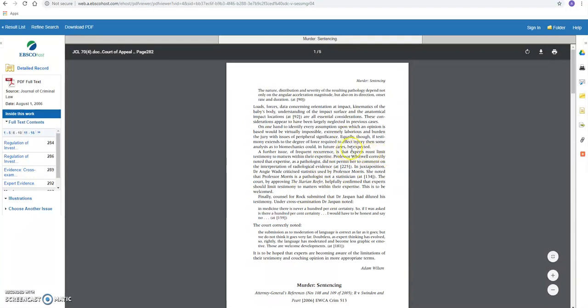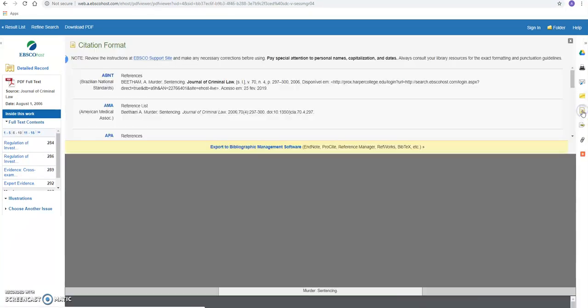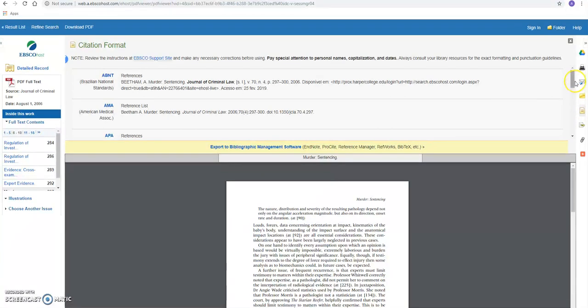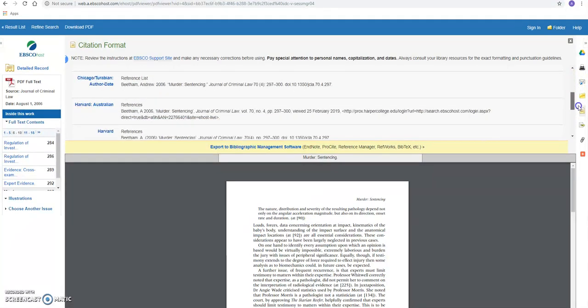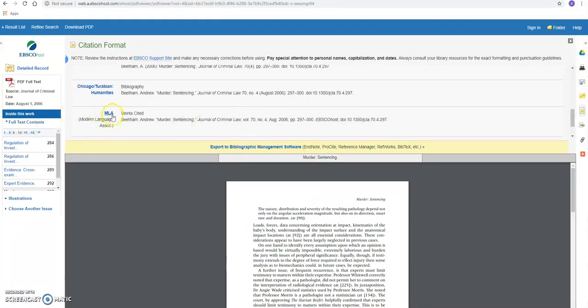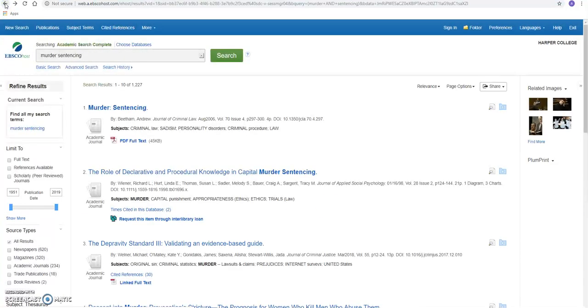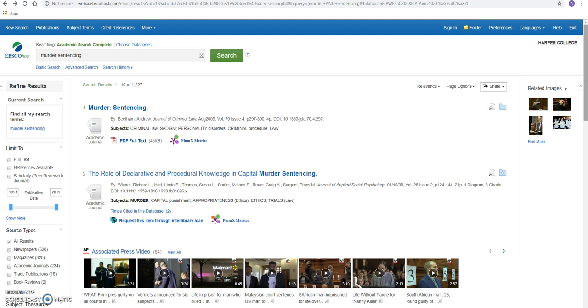And let's say you like this article and you'd like to use it, and now you want to know how to cite the article. You would look over here to the right and see the Cite button, and you would simply click there. And when you get to the resulting page, you'd scroll down and look for the MLA citation, which is right there. Only a one-line citation, which is rare. And then you would drop that citation into your works cited list on your paper. I want to click back and show you a few more articles here.